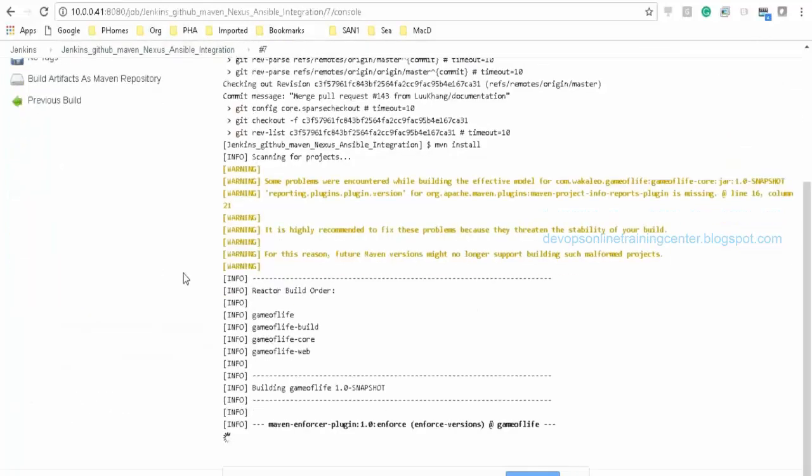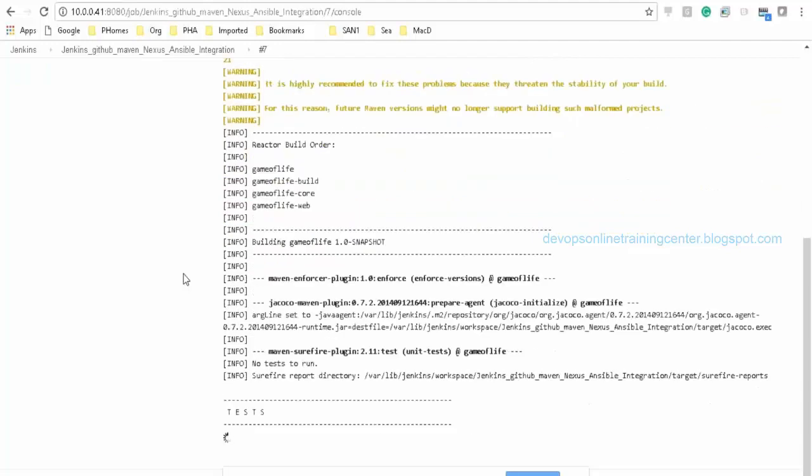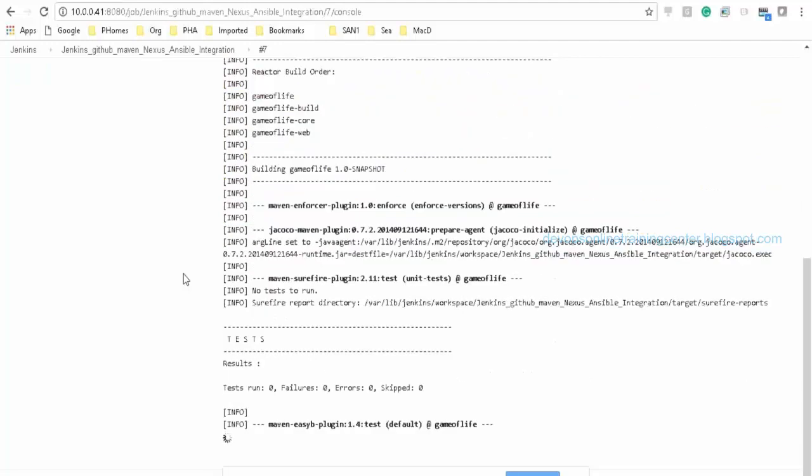So it will download. It will execute the test.